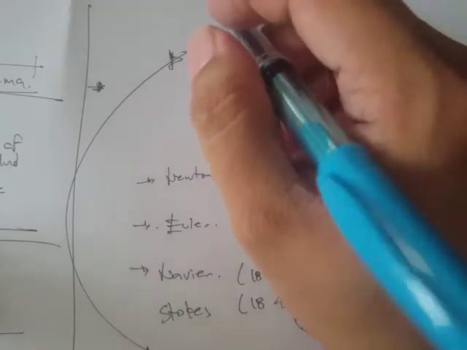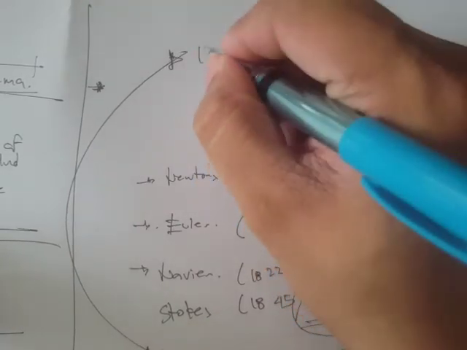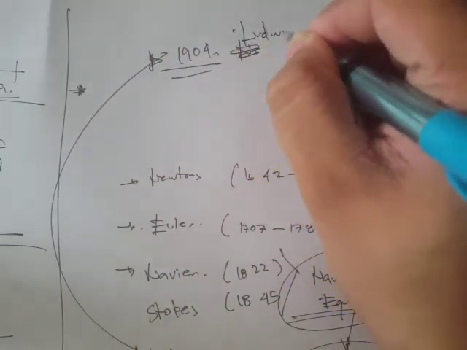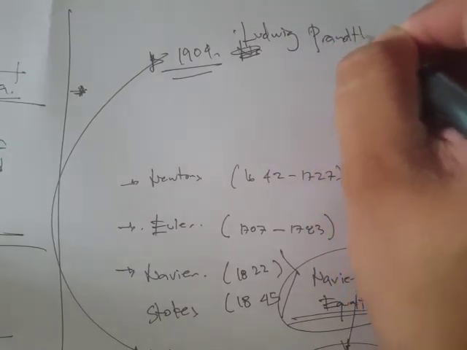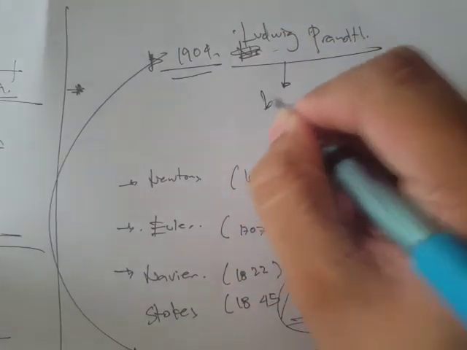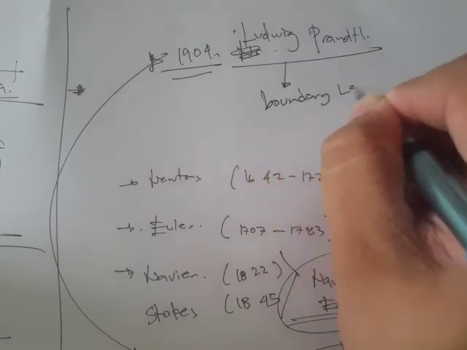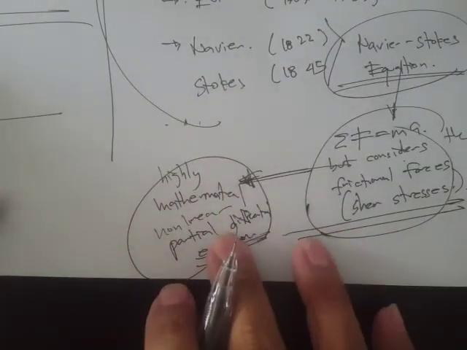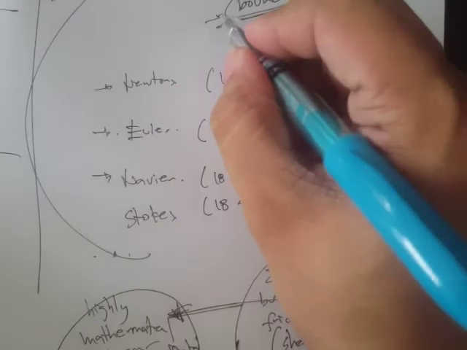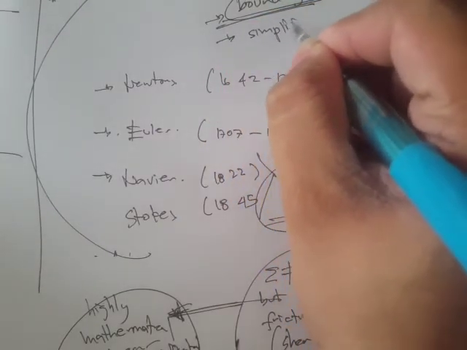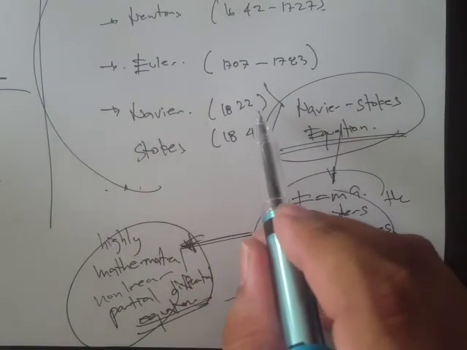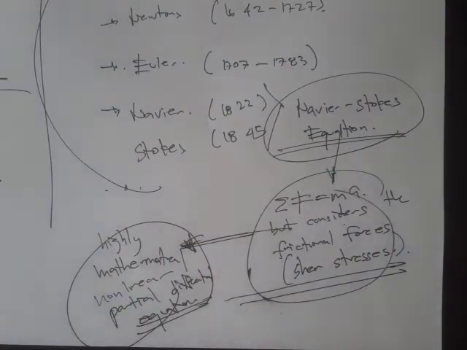And after about a century, I think that was 1904, Ludwig Prandtl proposed the concept of the boundary layer. Because of this concept, this highly complex mathematical expression has been simplified. Okay, so it almost took a century, right? And the concept of boundary layer is that,